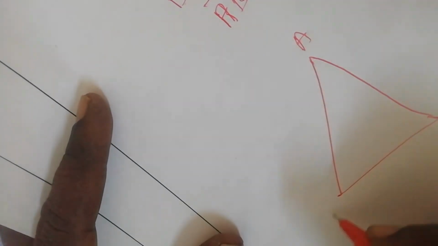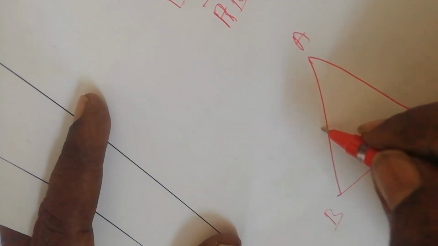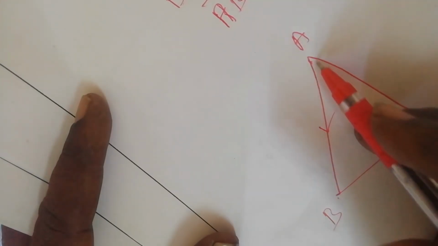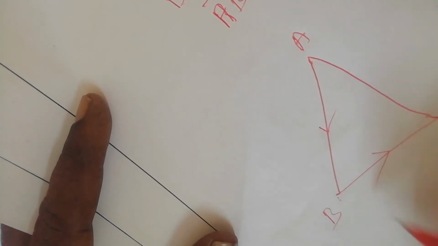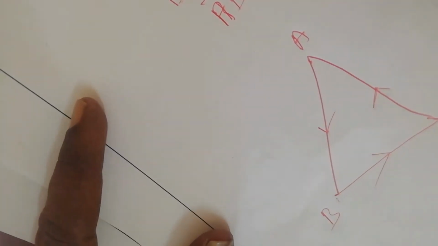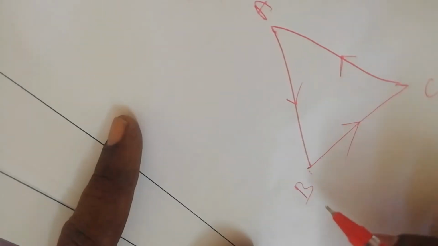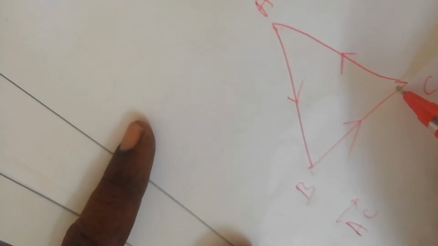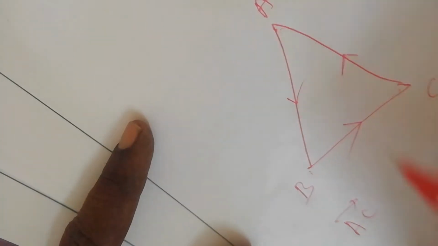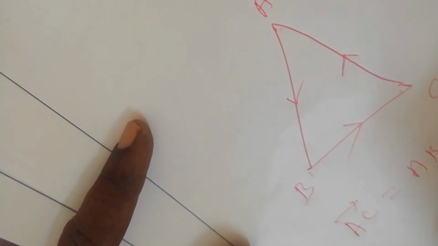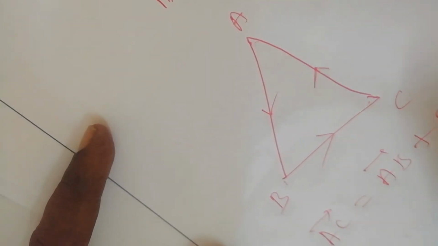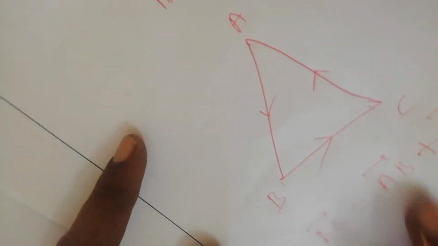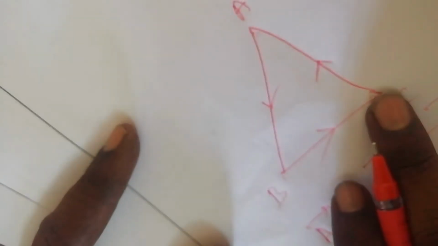Take the points, vertices A, B, C. Suppose you make this a triangle: A to B, next B to C, then C to A. You have AC, A to C, which can be written as A to B plus B to C. This is called the triangular rule: AC is equal to AB plus BC.